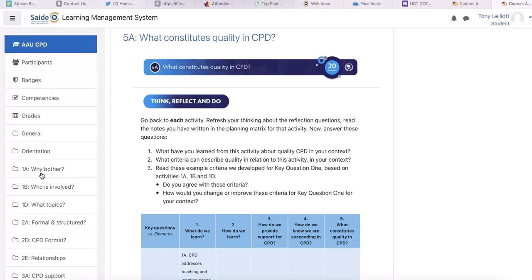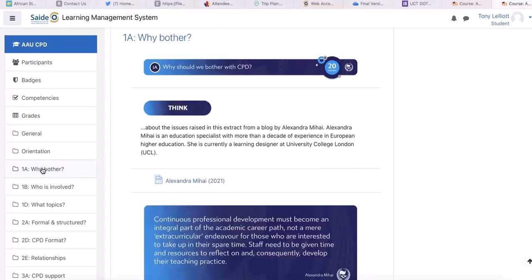You will now have a review matrix which you can use together with your own planning matrix to build, review, and improve CPD in your institution. Now, when the video ends, in your navigation bar, we suggest you scroll up and click 1A, Why Bother, to begin the course. We hope you find it useful.